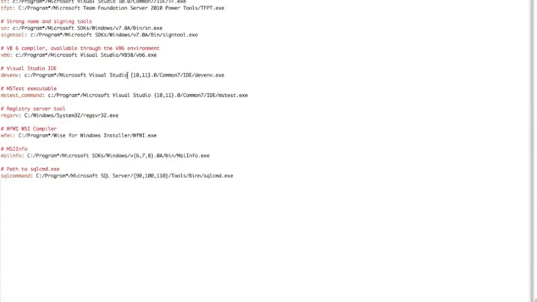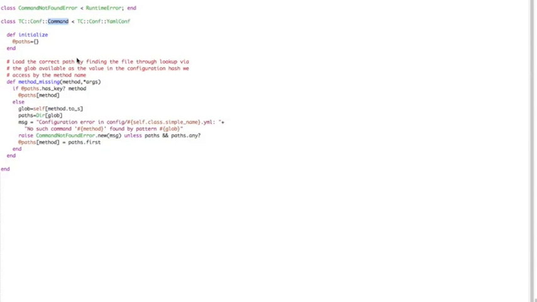We might also restrict ourselves to only including directories which match 10 or 11 as a version number. So building using Visual Studio's tool can only be done if we have Visual Studio 10 or 11, not 9, for instance. So this is a glob, and the way we use it in our command class, which then may receive method calls to look up